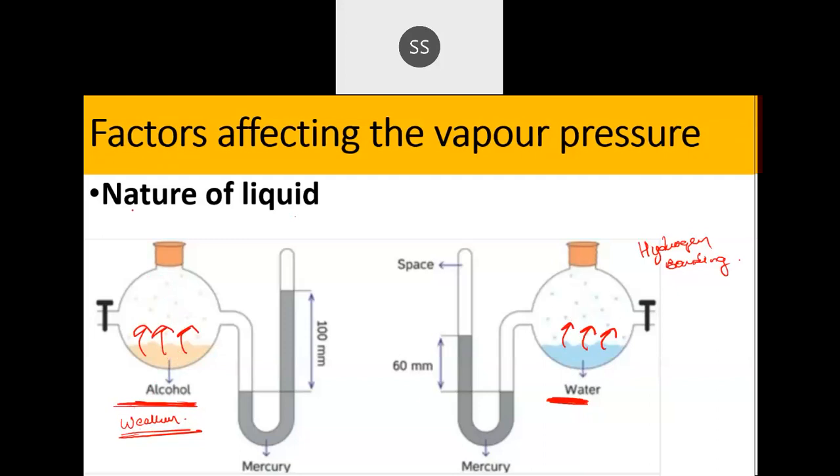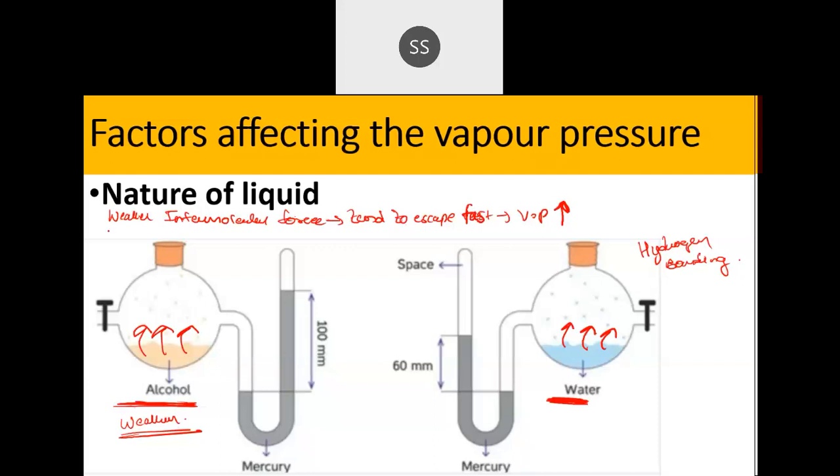So you can just write, after writing nature of the liquid: if there are weaker intermolecular forces, then they tend to escape fast. If they are escaping faster, that means the vapor pressure is going to be very high. This is only for you to know because they will not ask you. It's a basic idea which you should know, it's like common sense. So with weaker intermolecular force of attraction, these molecules will try to escape faster. When they escape faster, the vapor pressure of that particular solvent is going to be very high.